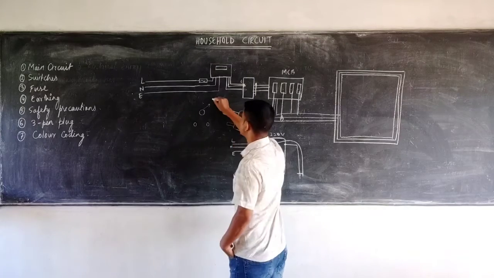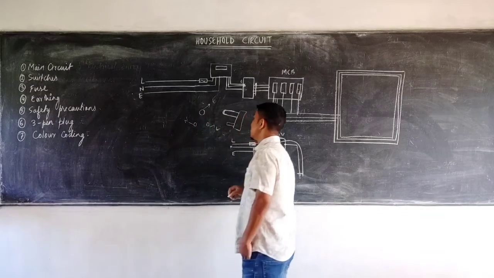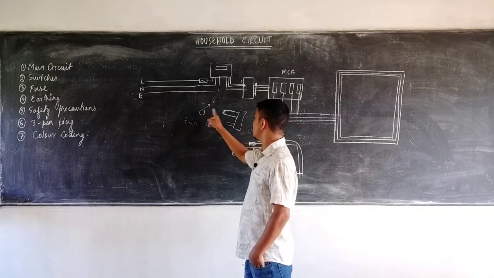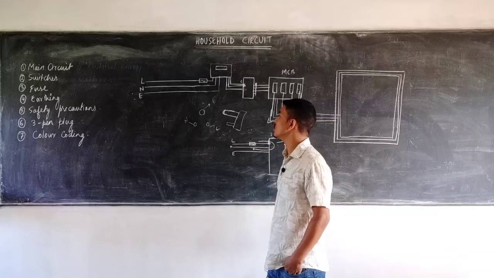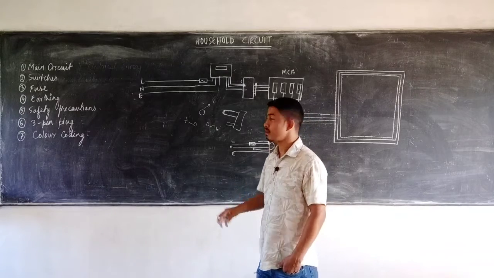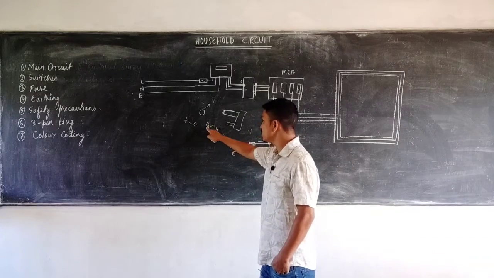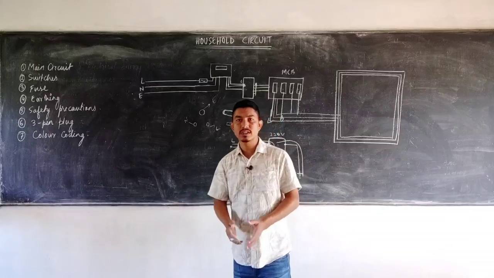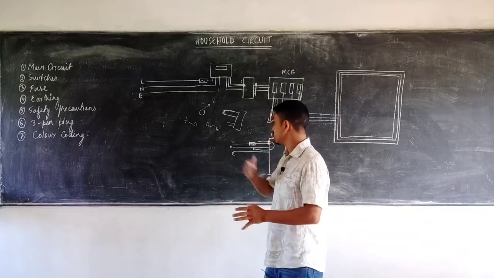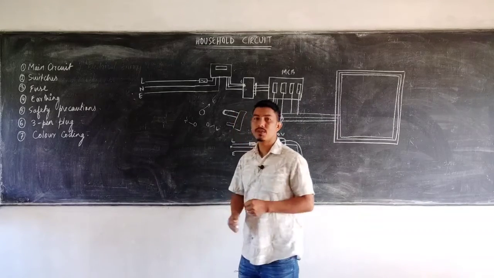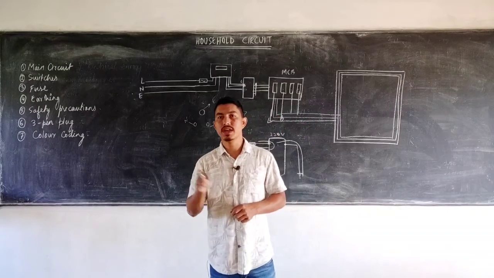So this bigger hole is connected to the earth, one is connected to the neutral, and another is connected to the live. The reason for the earth pin being thicker and longer is that even by mistake, the plug may not enter into the live wire. Because if it enters into the live wire, then the whole electrical gadget that is connected to the earth will have current flowing, and we may get a fatal electric shock. So for that reason the earth pin is longer and thicker.